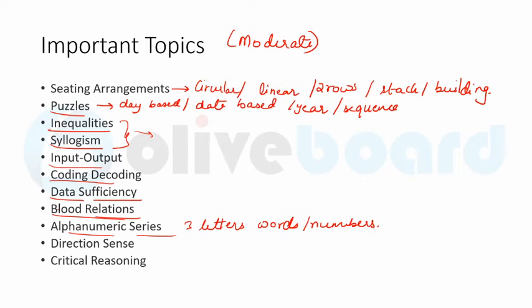So these types of questions can be there. And three-letter words or numbers, let's say three-letter words like cat, mat, they will be giving, and they will be asking questions such as: if in all the words you are replacing the first alphabet with S, how many meaningful words can be formed?